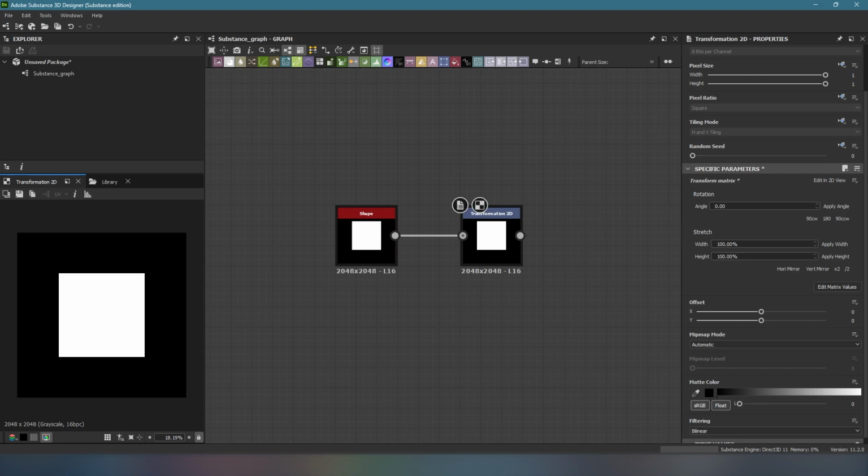Now let's take a look at the node properties. First, we have the rotation. Here, you can input the rotation angle you want to add. Note that every time you press Apply Angle, the angle you set will be the new default rotation. So if you want to go back to the previous default rotation, you need to subtract the angle. For example, if you apply 10 degrees and want to go back to the old default, you will need to